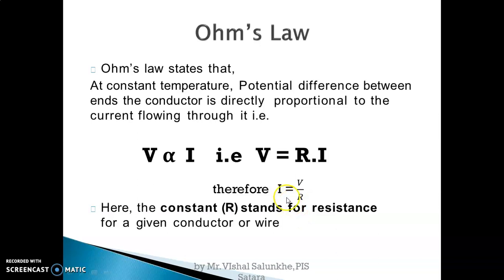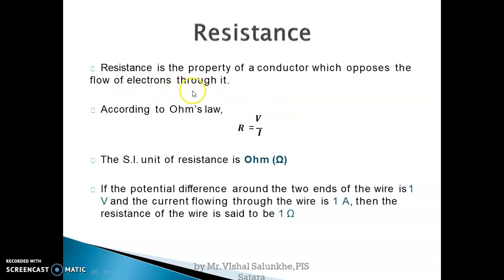Now next point, resistance. Resistance, as I said, is the property of a conductor which opposes the flow of electrons or flow of charges through it. It is the basic property. My dear students, there is a bit of confusion between the two words, resistance and resistor. Actually, a resistor is the device, and resistance is the property of that device which opposes the flow